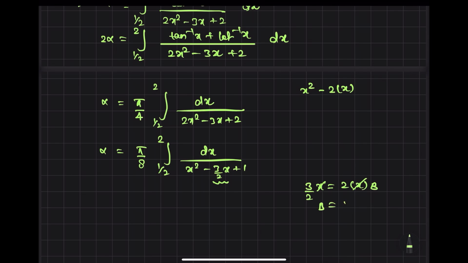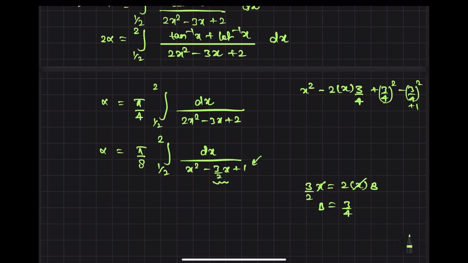So value of b becomes what? 3 by 4. Okay, so we will write value of b as 3 by 4. Now we got a square, we got minus 2ab. Now we want b square, so 3 by 4 whole square added. Now if you add this, the equation will become unbalanced, so you have to make it balance, you have to remove 3 by 4 whole square and then plus of